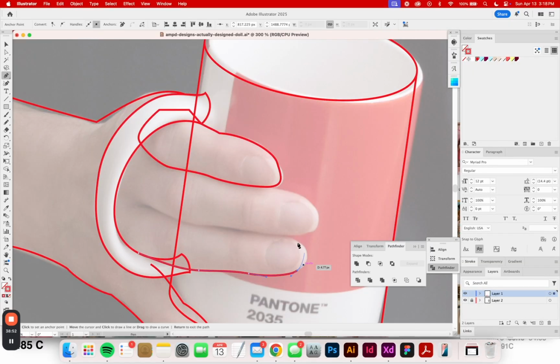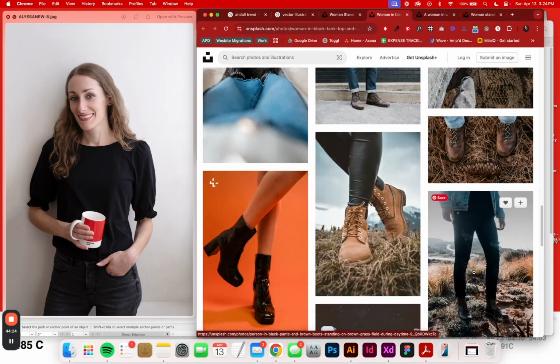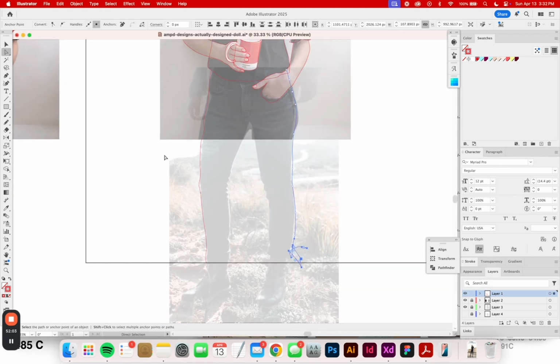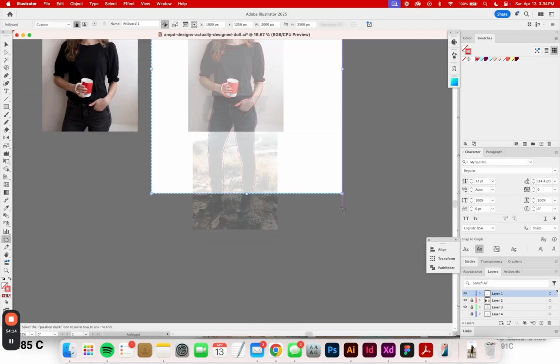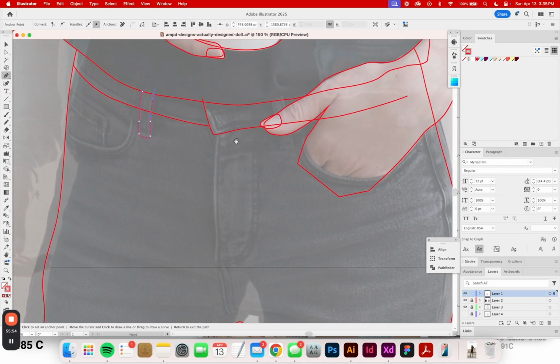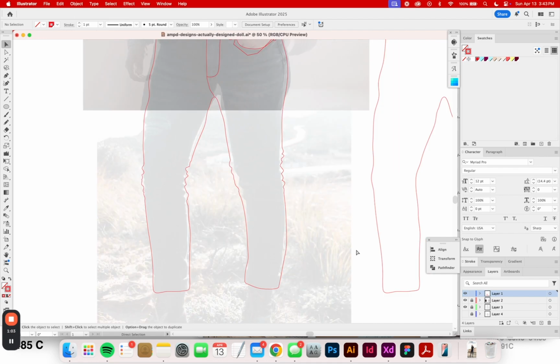Now the bottom half of my photo did not include my pants, so I went on Unsplash and found a photo of jeans that looked like it could be my bottom half, traced that. In a moment, you'll see me use something called the wrinkle tool to easily add the creases where my legs bend. And then shortly after that, you'll see me working on my eyelashes, which was a little bit more time